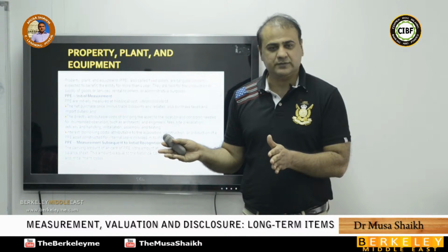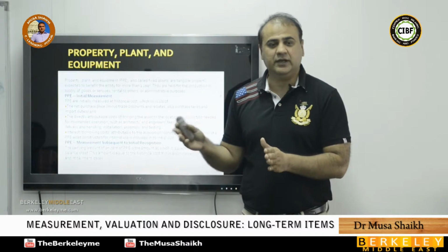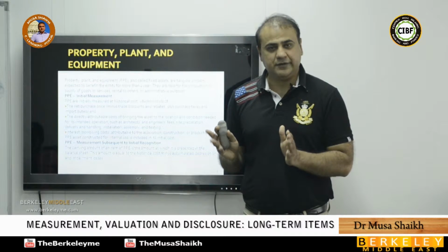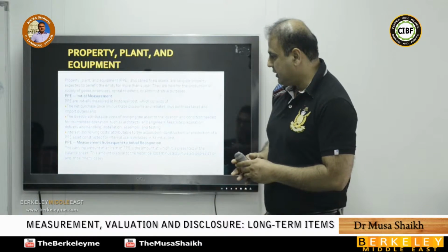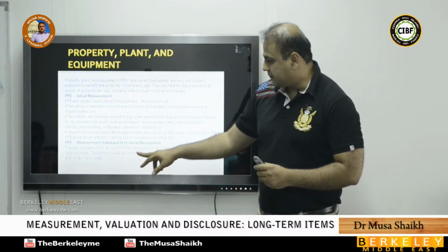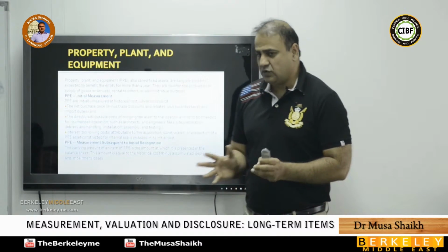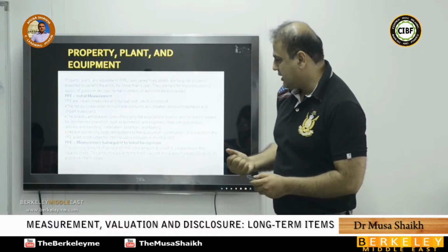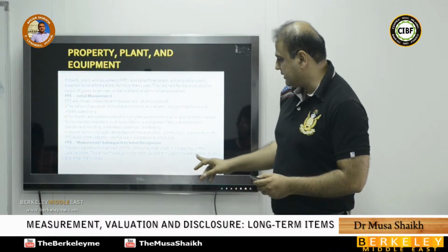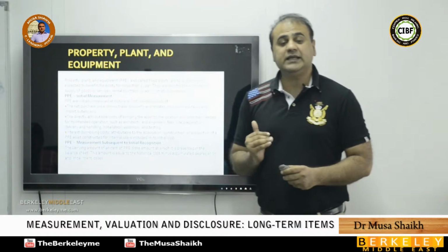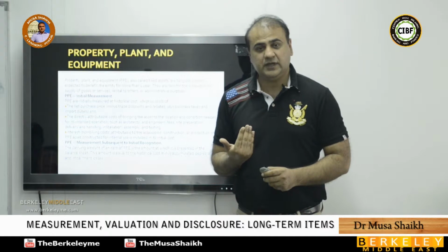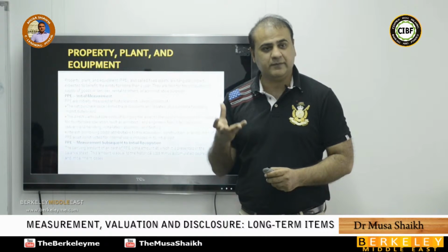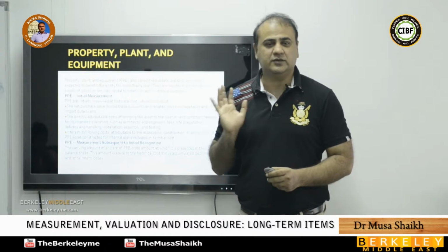It cannot be on cost because maybe you bought it 10 years before for $10 million and today it is only $2 million. So I cannot record it at cost. I will do it on the carrying amount of the property, plant and equipment, which is of course cost less all the accumulated depreciation. That will be your carrying value. The amount is equal to the historical cost minus accumulated depreciation, or in case this asset has suffered huge changes in the market, it must have impairment losses, so you will deduct those,